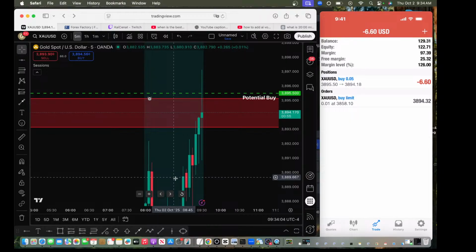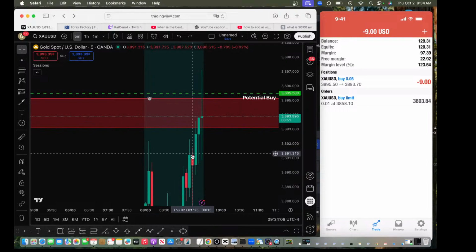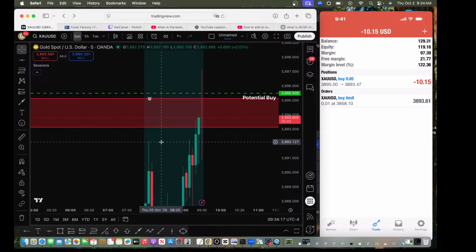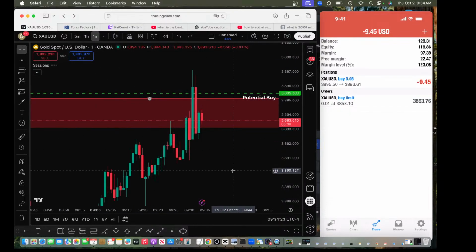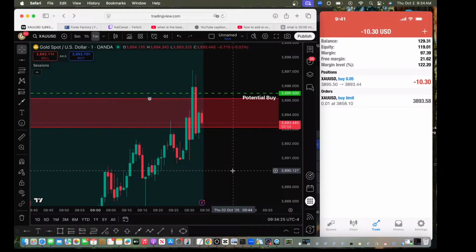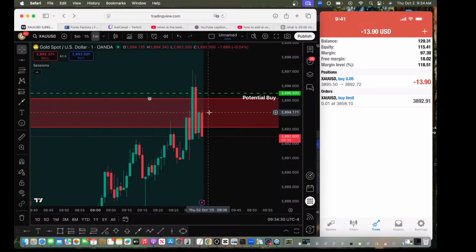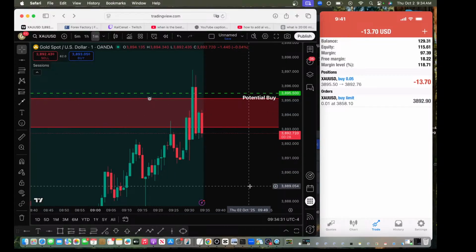Oh, this is what I saw. I saw 3 white soldiers, and I saw price coming back to retest this already. So that's what I initially saw. Hopefully this candle ends bullish. This is turning into an indecision candle, so I don't know what's about to go on. I do not like this indecision candle at this level either.